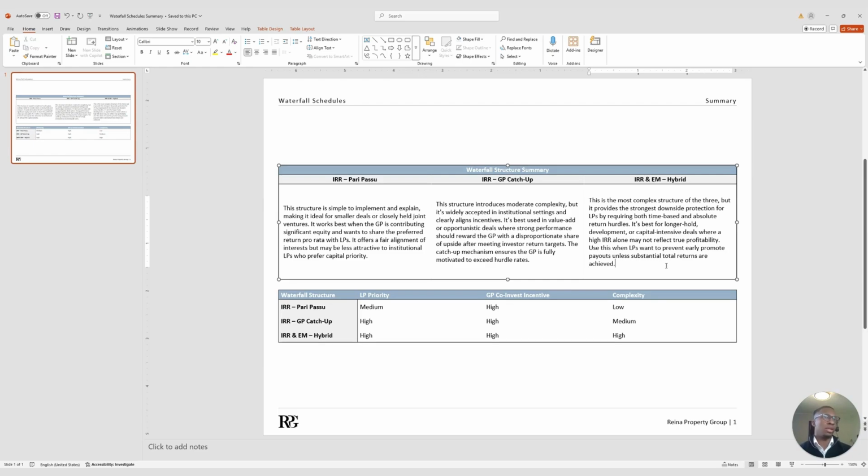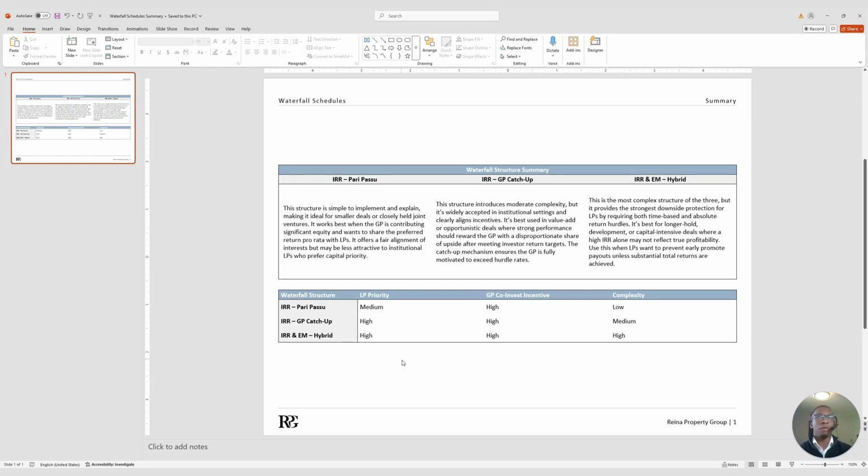And so it's best for longer hold development or capital intensive deals where a high IRR alone may not reflect true profitability. Won't get into the technicals there, but of course the IRR can be heavily swayed due to the time value of money. And so the equity multiple really makes sure that any deals aren't artificially deemed more attractive because of the IRR. So that's why we include the equity multiple in the hybrid schedule. And so you'll want to use this when LPs want to prevent early promote payouts unless substantial total returns are